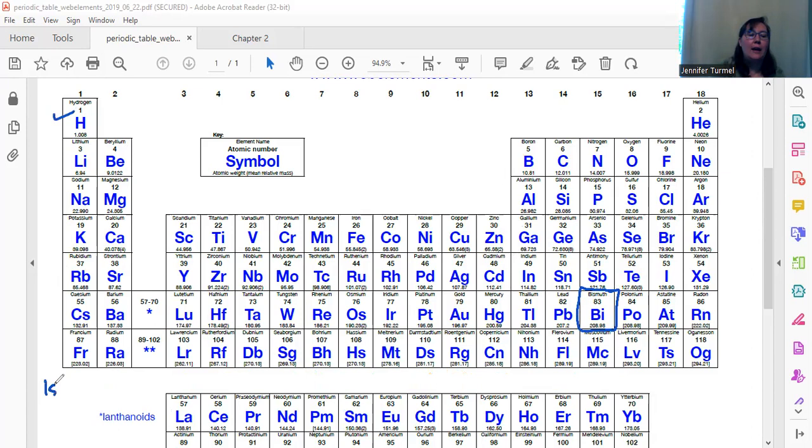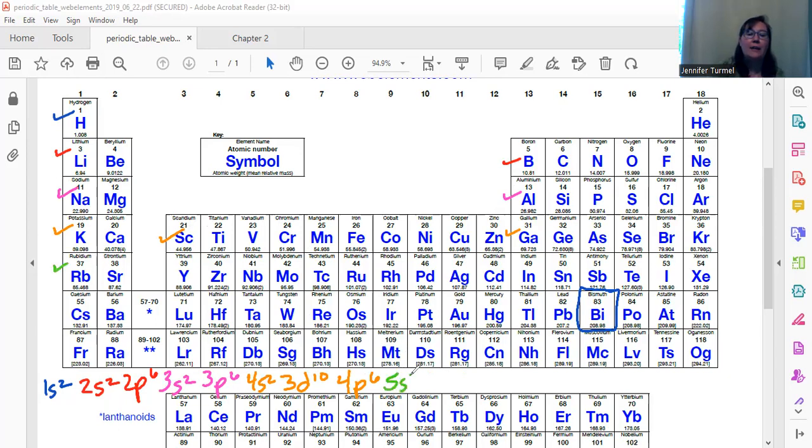So we have 1s2, and we have 2s2 and 2p6, and we have 3s2 and 3p6, and we have 4s2 and 3d10 and 4p6